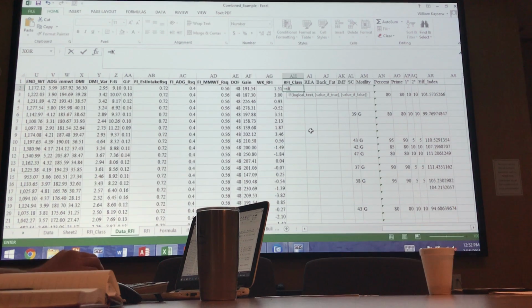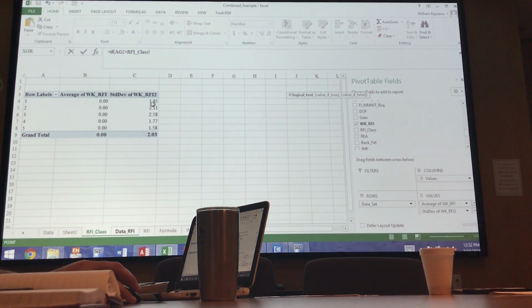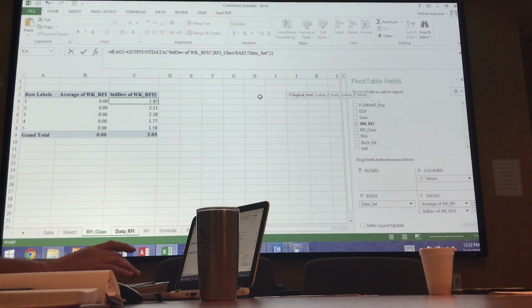So I do if that is greater than that multiplied by 0.5, then put high, comma, if AG2 is less than that,